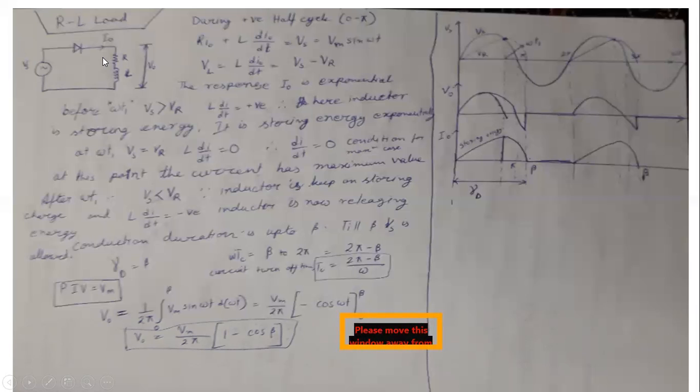Okay, that is equal to the supply voltage because the total supply voltage will come across the output. So that is equal to the supply voltage, and the supply voltage Vs is a sinusoidal supply, so it will be Vm sin omega t. Now the inductive voltage is L di naught dt, and that is equal to definitely the supply voltage Vs minus the resistive load voltage, so Vs minus Vr.